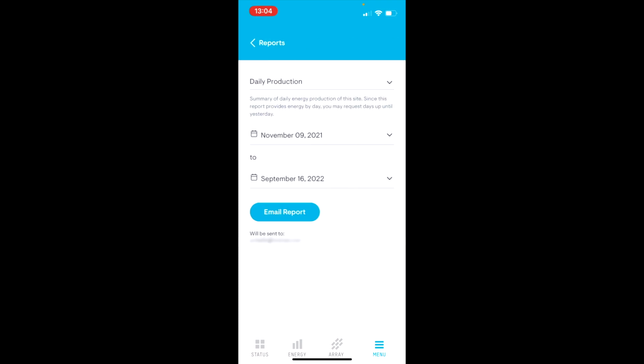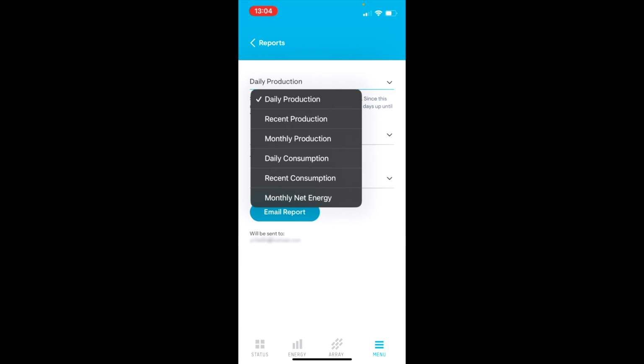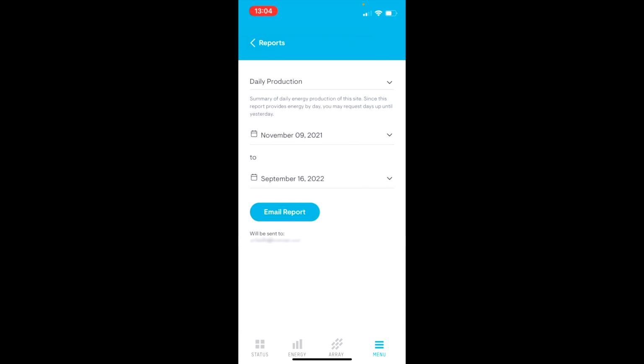Going back into reports, again, you can download the same reports I've shown you. It's got all of those you see there to choose from. You can select the time period and then it will be emailed to you, and I've blurred out my email address at the bottom. If I go back to devices,